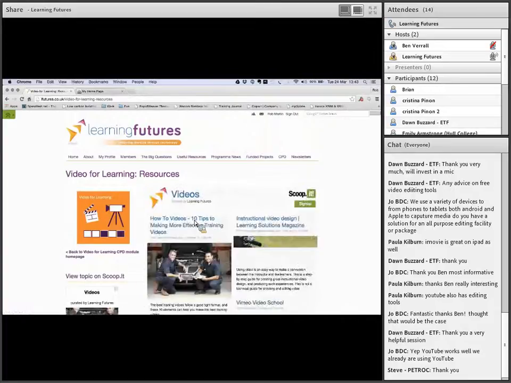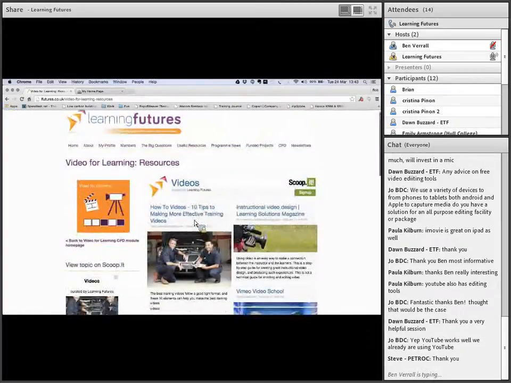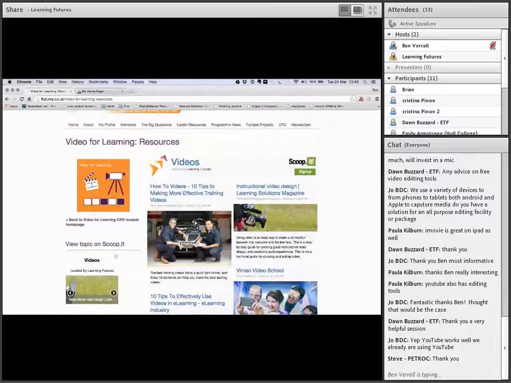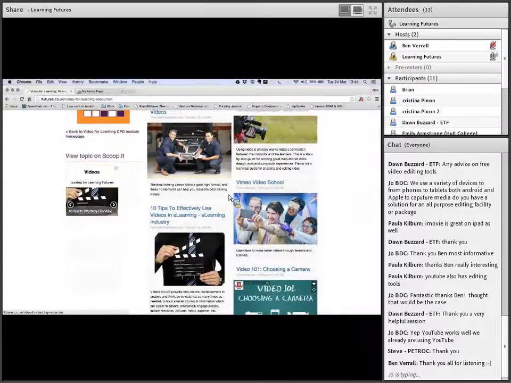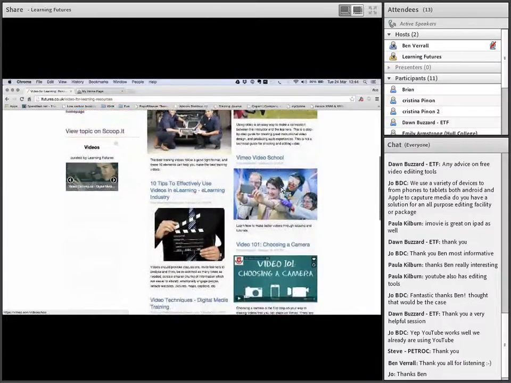We've had a researcher go online and say, with all of the things that are available online, where would be good starters for 10 for people? Specifically, Ben mentioned he was looking at some of the thinking through of putting video together. What we've done online is build on that as well and go into some more of the technical aspects. If you have a look through here, one of the things that Ben speaks very highly of is Vimeo, and on the right hand side you can click on the video course and start to have a look.